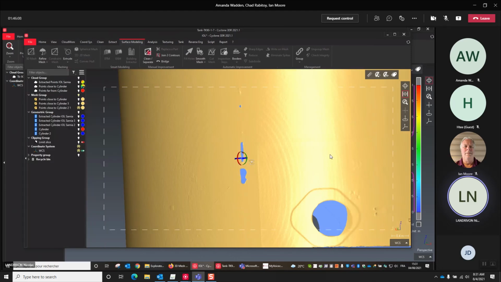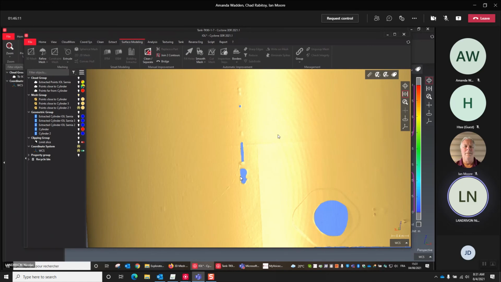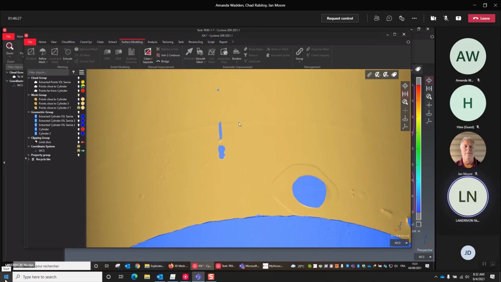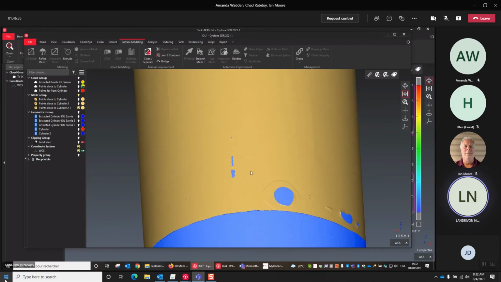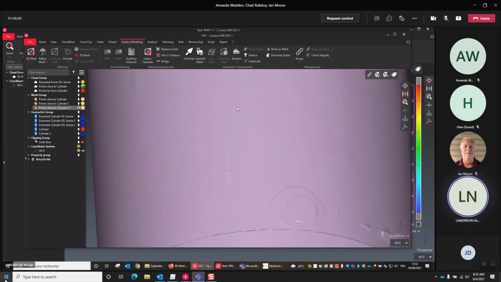So I will also show you that, and after it's very important if we start from the beginning and we make the complete workflow. This workflow is valid for this cloud, but probably you can adapt and modify the parameters depending on the level of details that you want and the quality of the point cloud. So I show you that you can smooth locally or globally. You have the fill holes.